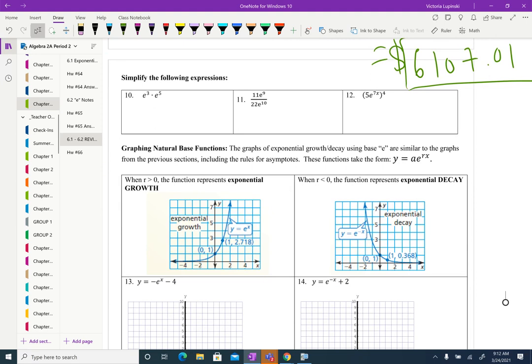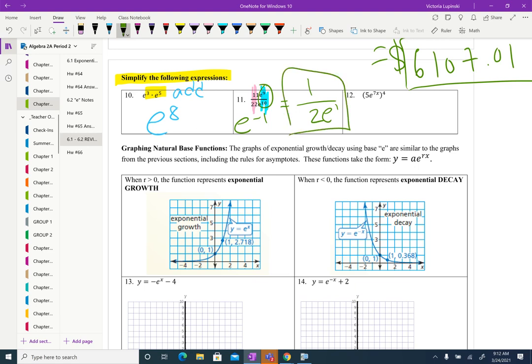Okay, simplify the expression. This just means use the properties of exponents. So in number 10, if you have like bases, you're going to add those exponents. You're going to get e to the 8th. In number 11, you're going to divide 11 by 22. You're going to simplify, and then you're going to simplify the e's. So if you do 11 over 22, that becomes 1/2. If you subtract the e's, you're going to get e to the -1. You don't want e to a negative exponent, so you're going to move it to the bottom, which is going to give you 1 over